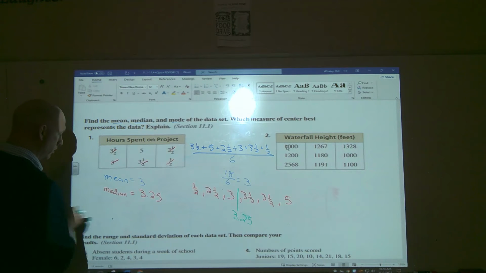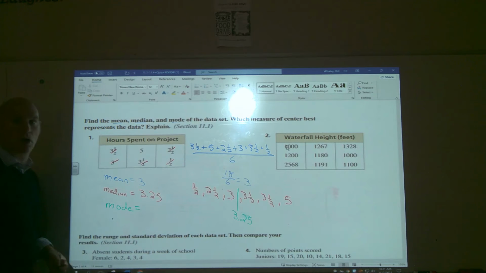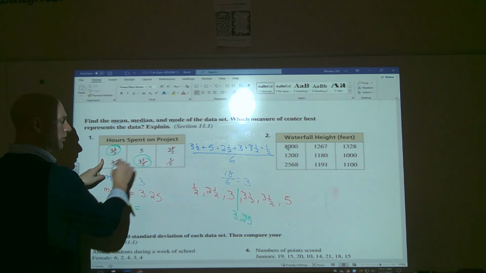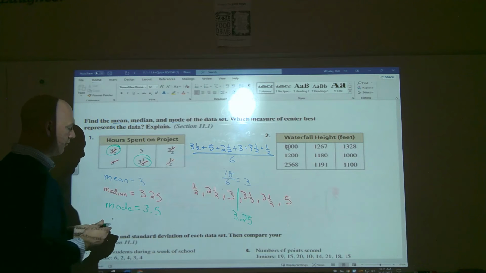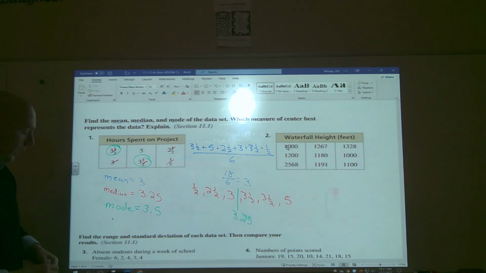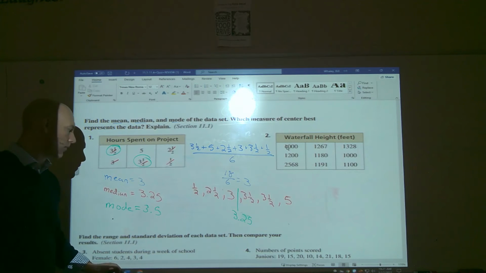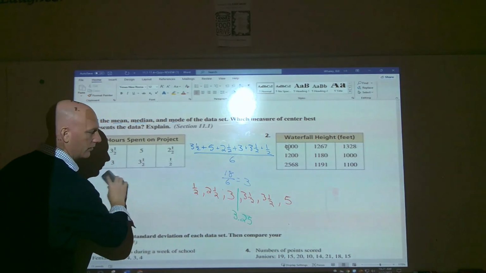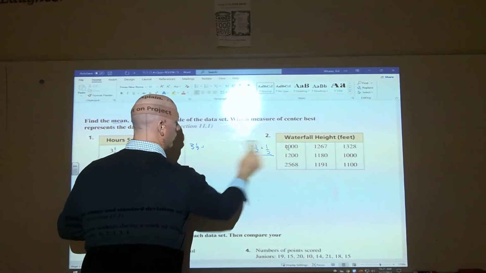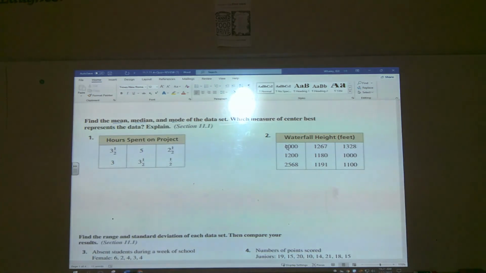Then the mode is the number that occurs most often. So we look up here, 3.5 occurred twice, so 3.5 is our mode, okay? Mode is the one thing that cannot be done on Desmos. Now that you saw how to do that by hand, I'm going to show you how to do that with your calculator. So when you have your review in hand,